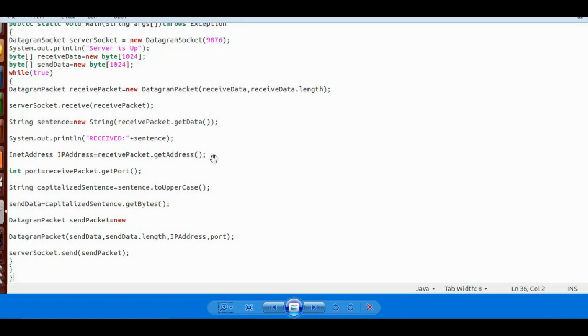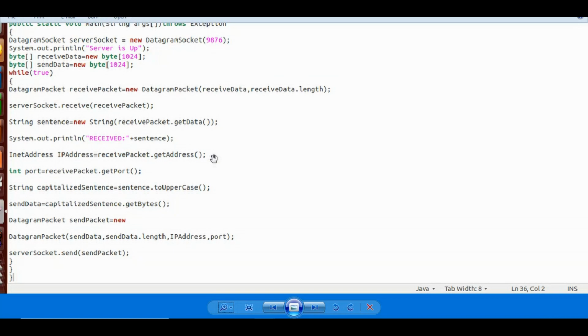So now, okay, I knew the server's IP address, I sent it, and I knew the datagram socket, and the port number, so I sent it to the server. Now how will the server reply back to the client? Because even now it is connectionless, right? So every packet should have the data, as well as the IP address and the port number.